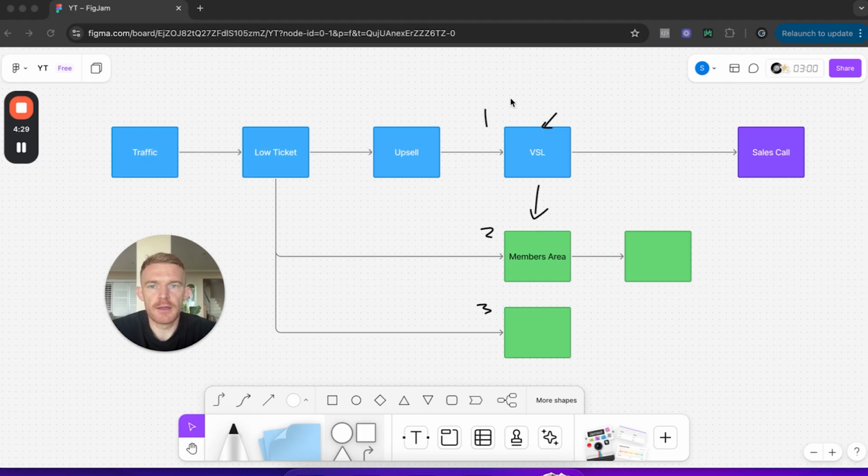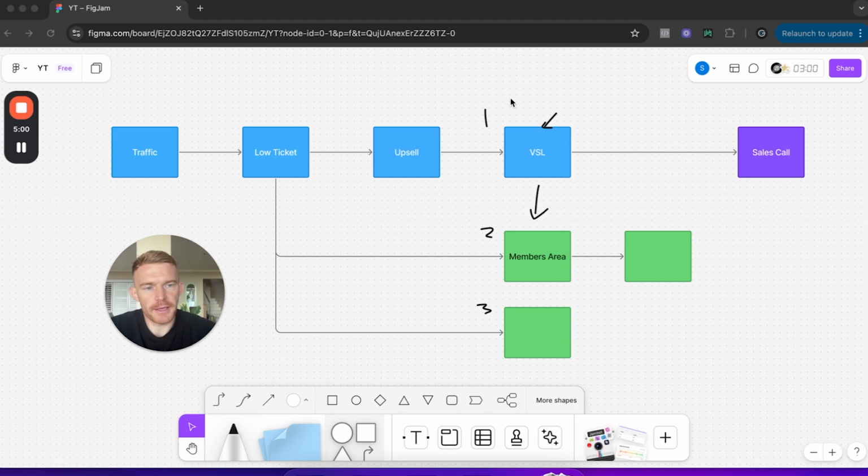Now, again, this is going to get you a lot of calls booked on the calendar, but it might not be the most qualified people, because number one, at this point in time, they've not consumed the product, so they've not got value from the product yet. And number two, they're getting on there thinking it's just an onboarding call. So depending on the sophistication of the market, some people are going to be completely surprised by the fact that you're trying to book them in for a second call to get them to buy a different product.